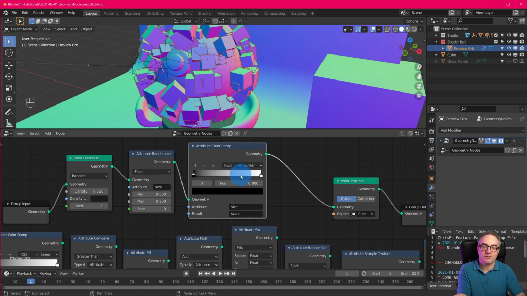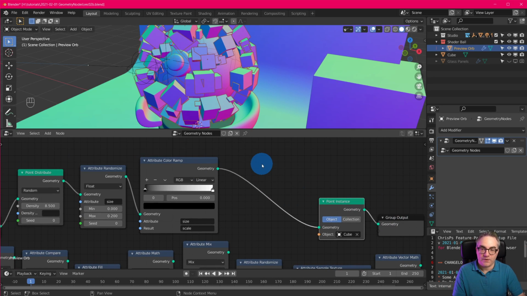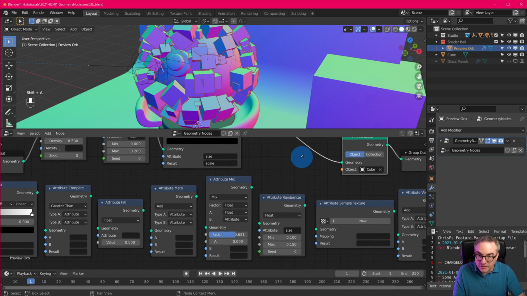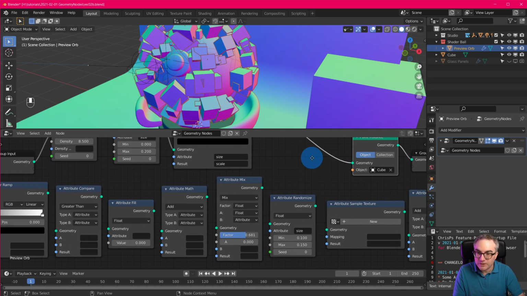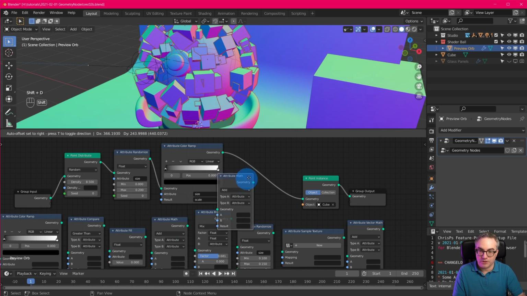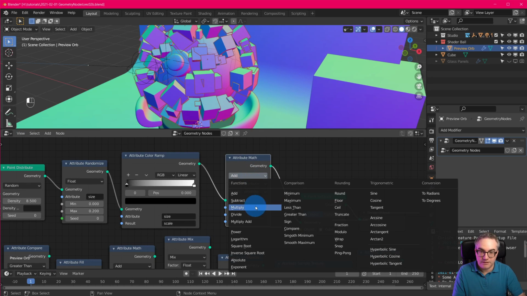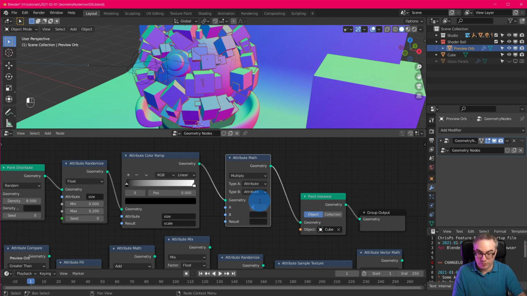And of course, this node doesn't get rid of the attribute, it still is in here, so we can still use it here. How can we prove this? For example, let's take another node. I'll pick one from down here. Let's do attribute math maybe. I'm gonna shift D that, plug it in here. I'm gonna multiply the attribute size